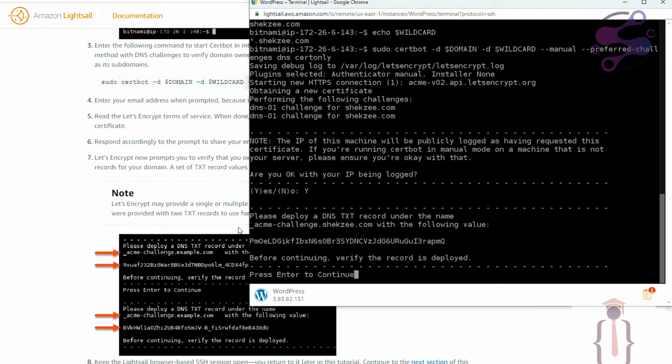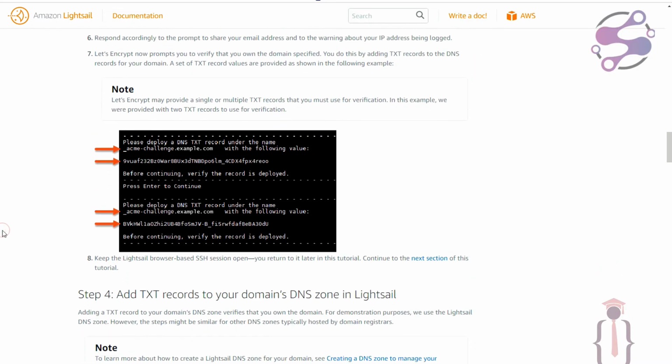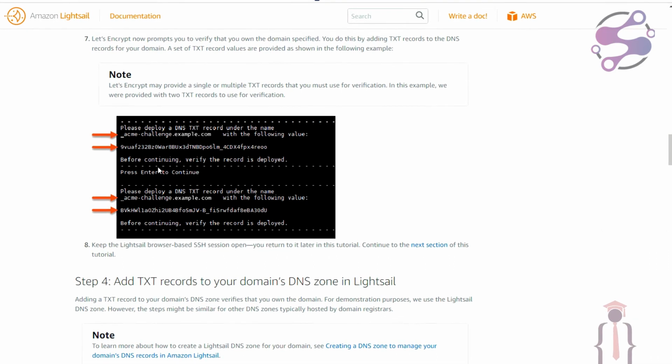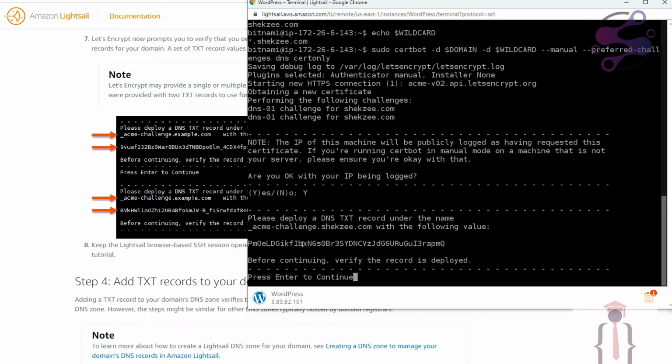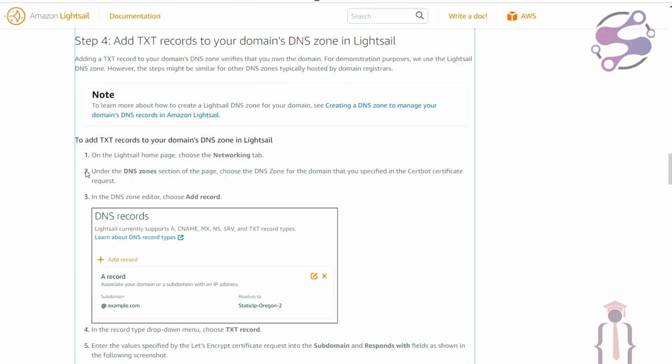Now as you can see, they are saying please deploy a DNS text record under the same name. This is the same screenshots. Now what you need, you just need to copy this. First of all, copy this. Okay, now as you can see, they are saying